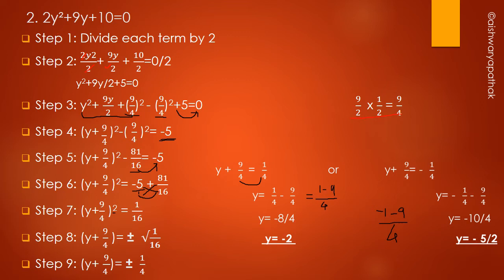Then next step is what? Step 3 is what? Multiply. Sorry, this coefficient. What you have to do here? You have to multiply this coefficient, meaning the coefficient of the variable with index 1, with the half. So I have multiplied 9 by 2 into 1 by 2. What have we got here? Yes, 9 ones are 9 and 2 twos are 4. That's why I get this answer. So 9 upon 4 is the answer.